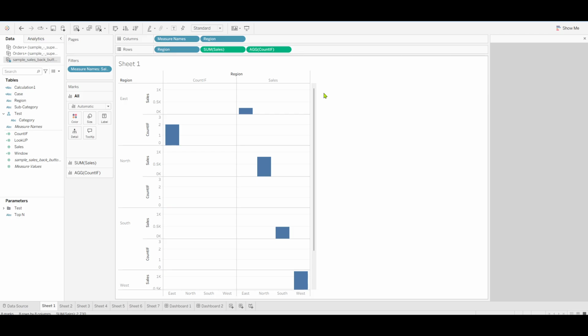And there you have it. You've successfully written a Countif calculation in Tableau, paving the way for more robust data analysis. As you become more familiar with these steps, you'll find even more creative ways to use calculated fields to enhance